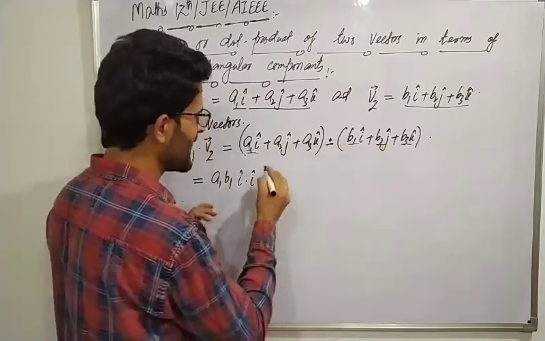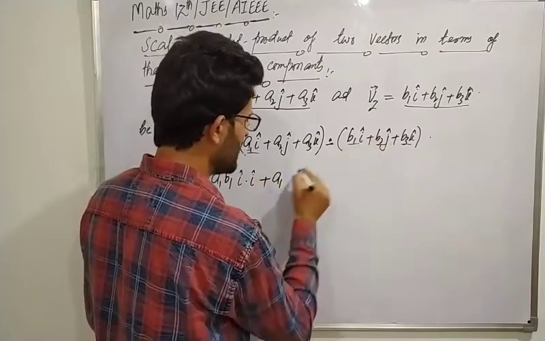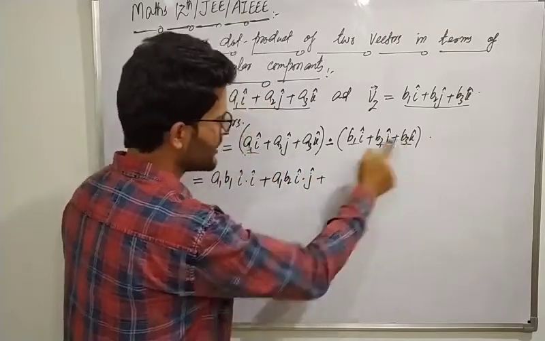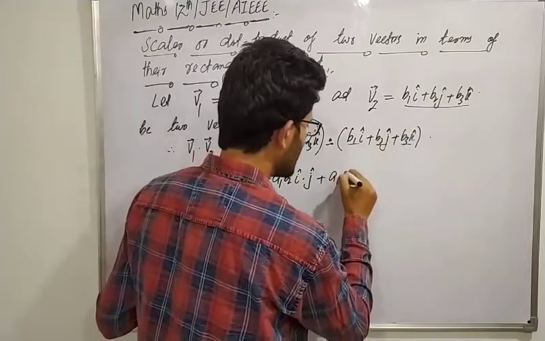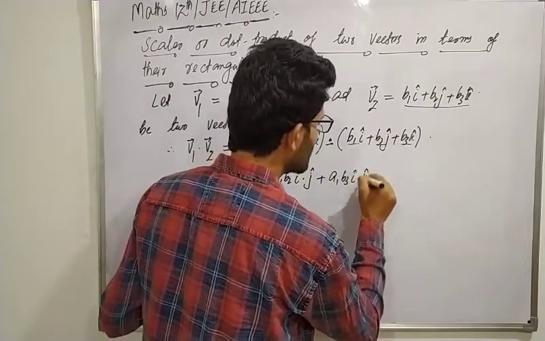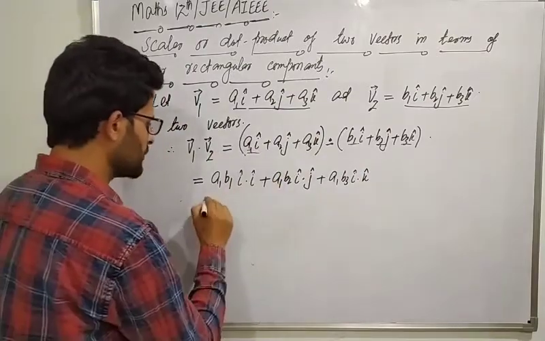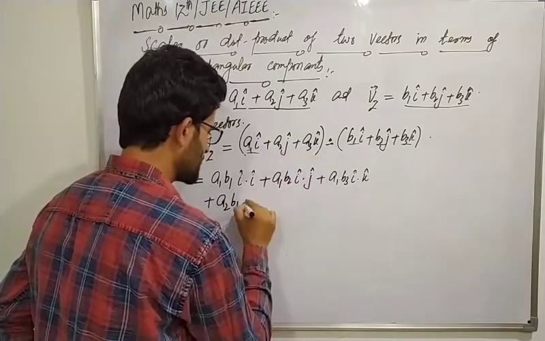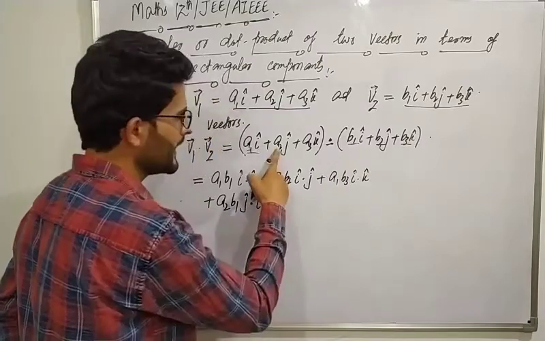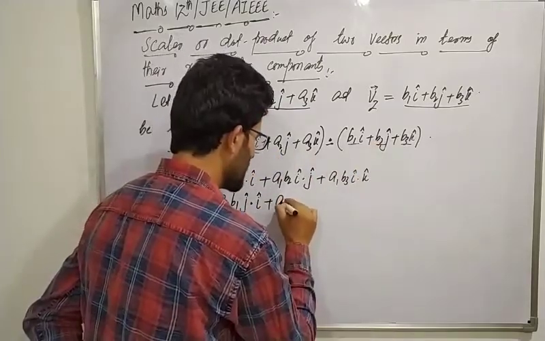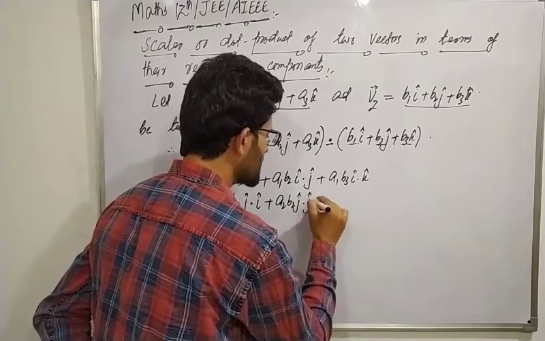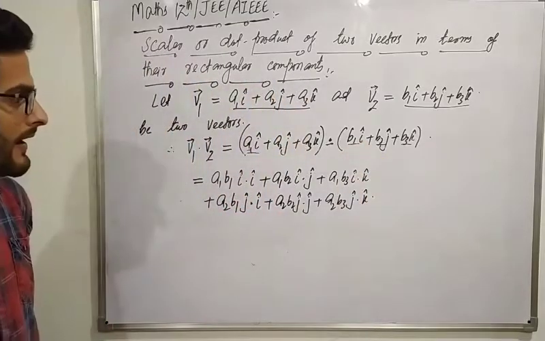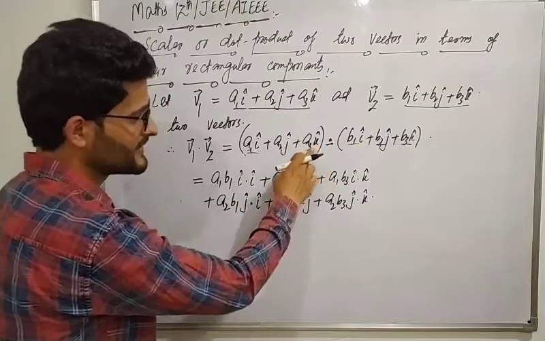इसके बाद a1i से दूसरे टर्म को, क्या आएगा, प्लस a1 b2 i dot j प्लस a1 b3 i dot k। अब a2j से कर दो तो प्लस a2 b1 j dot i, प्लस a2 b2 j dot j प्लस a2 b3 j dot k। हो गया a2j से। अब a3k से कर दो तो क्या आएगा रिजल्ट, a3 b1 k dot i,